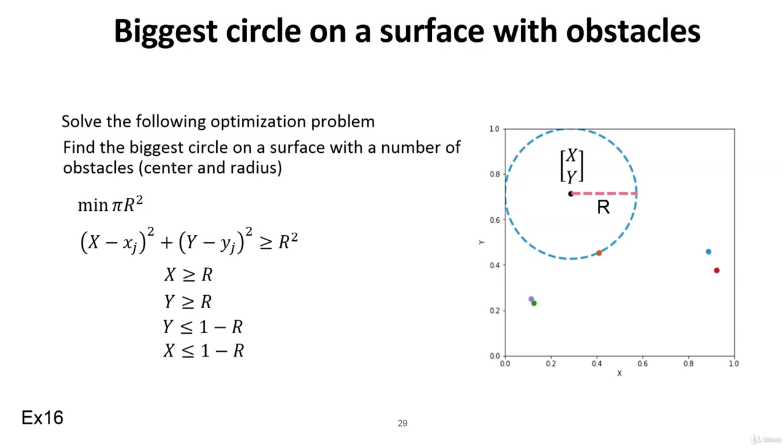For simplicity, we have assumed it's like a square and the dimensions are equal to 1 and 1, okay? And also there are some points specified here. We want to find out the location and the radius of the biggest circle that can be placed on the top of this surface without